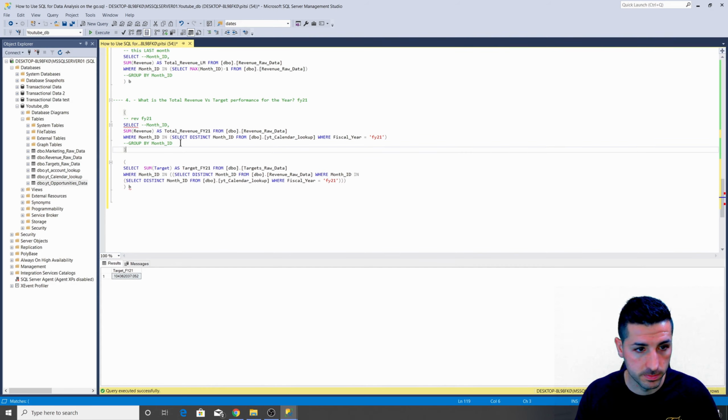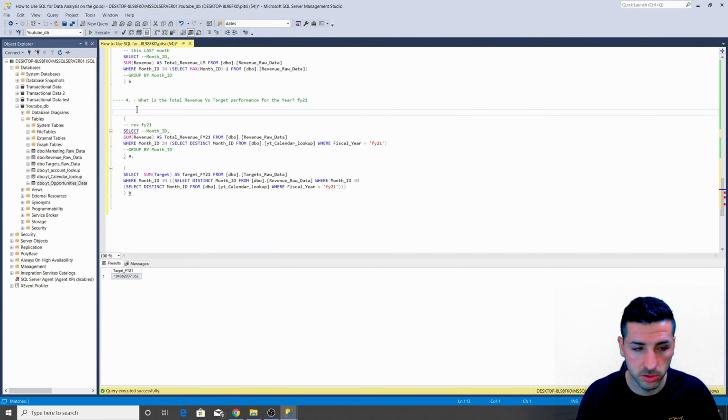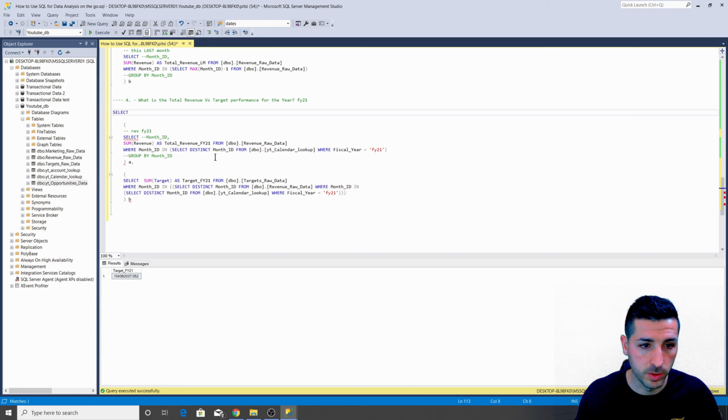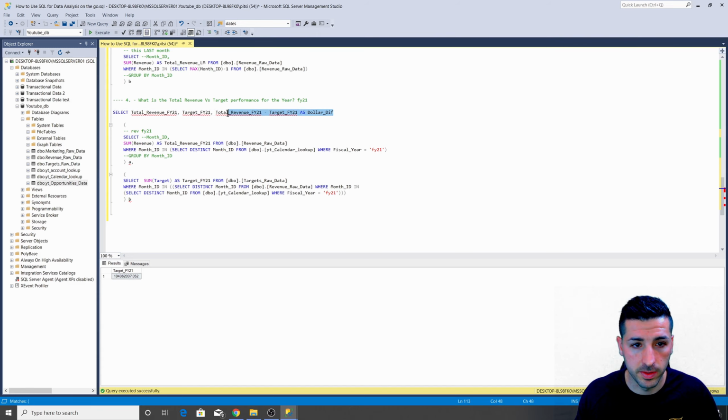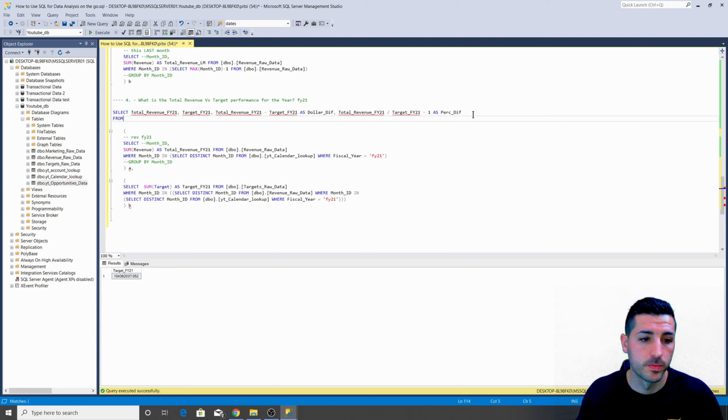This is our A, comma, then we have our B, and then at the top is where we want to select. We want the total revenue, comma, we want the target. We want the revenue minus the target to get the dollar diff. So this is the revenue minus target as dollar difference. And then I'm going to copy this again. Again, my namings are not the best, but I'm trying to be short. And then total revenue divided by the target minus 1 to get the revenue versus target difference, the percentage difference, and then say from. Then if we run this now,